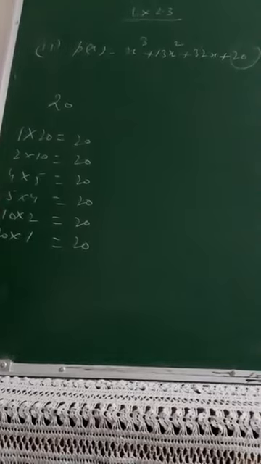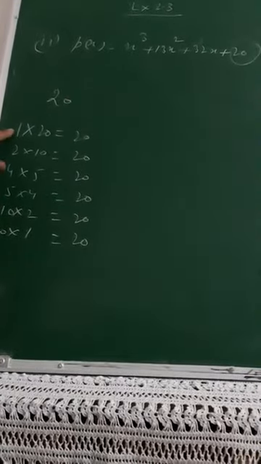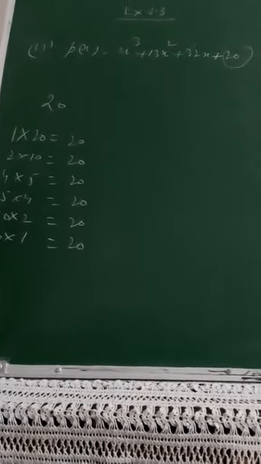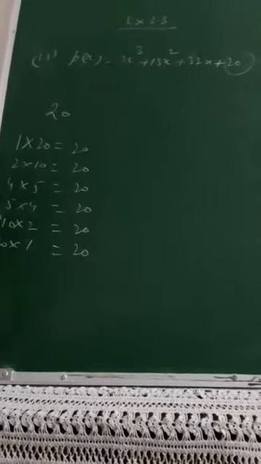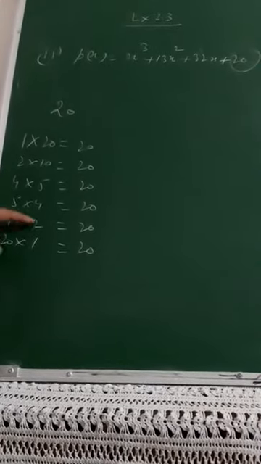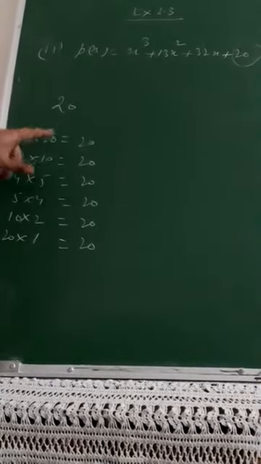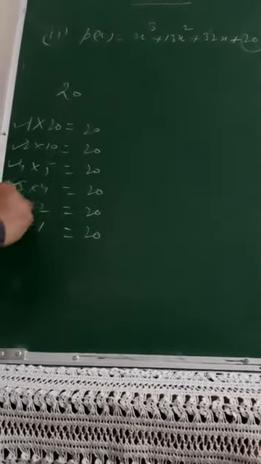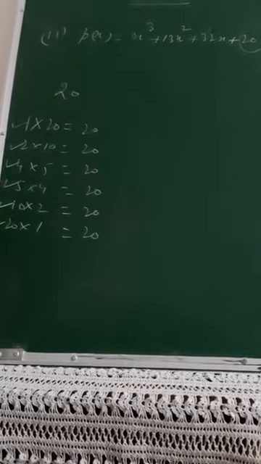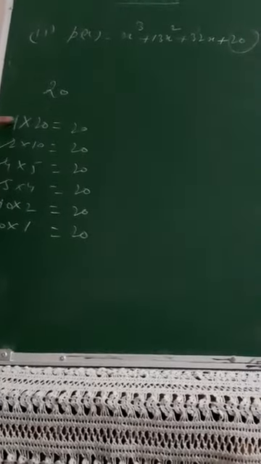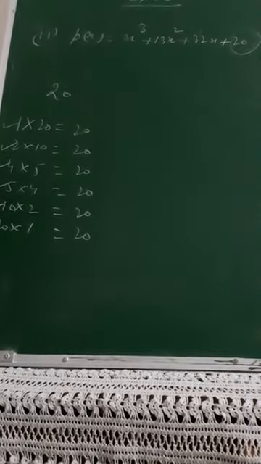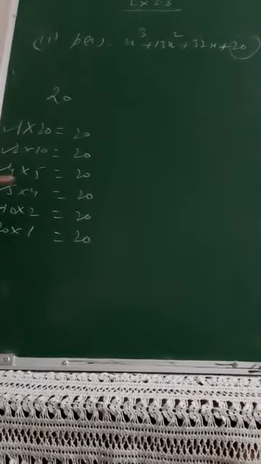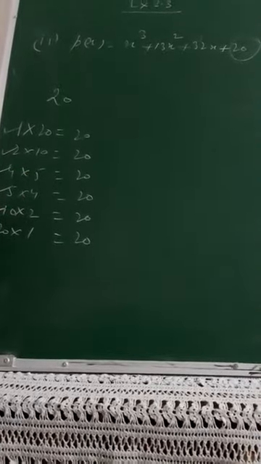I am explaining to you how you can go for that. Start with the table of 1, then wherever that is possible write all those possibilities. Now you see 1, 2, 4, 5, 10, 20, and if you reverse the order 1, 2, 4, 5, 10, 20, you are back to that. Means you can try these values 1, 2, 4, 5, 10 and 20 with plus sign as well as with minus sign. Out of these only the zeros will be possible: 1, minus 1, 2, minus 2, 4, minus 4, 5, minus 5, 10, minus 10 or 20, minus 20.